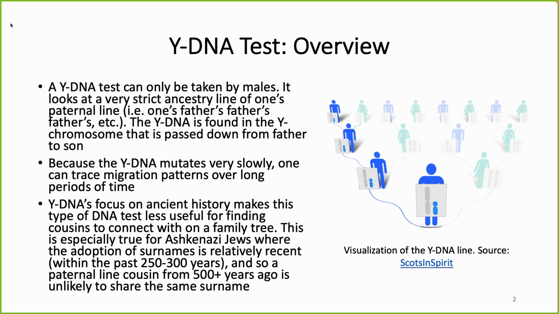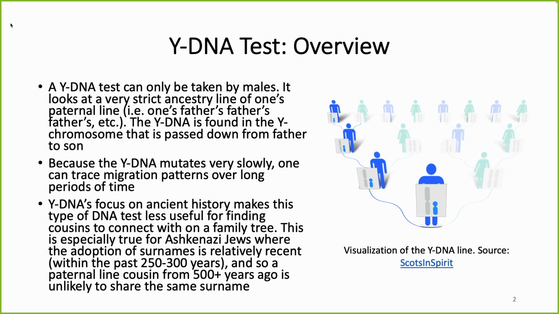It's very different than traditional genealogy that just focuses on the last couple hundred years. We're going to shoot way further back into history and see where the Rubin paternal line was located. Because its focus is on ancient history, it tends to be a much less useful test for